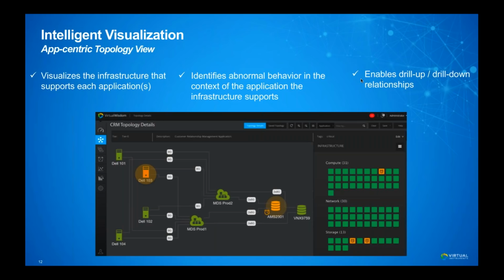It then allows us to identify abnormal behavior, or put right on screen warning signs, red, yellow, green, of what may be causing performance issues, showing all of the components supporting a given application or set of applications. It's very flexible. It has an understanding of the business importance or tier in which an application resides.